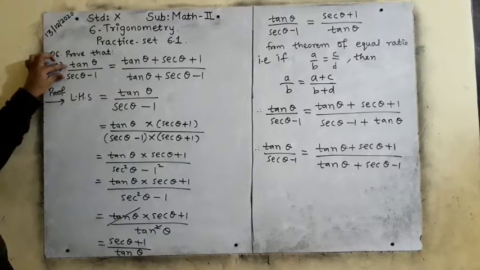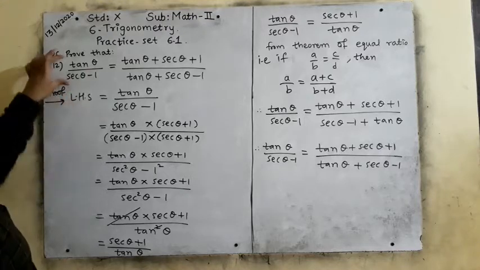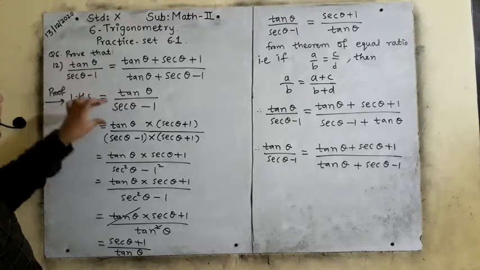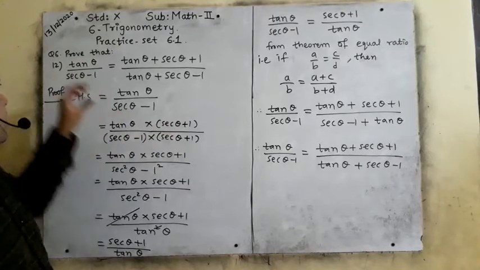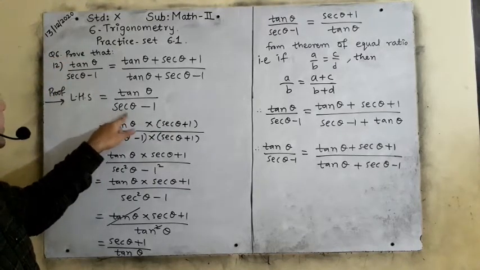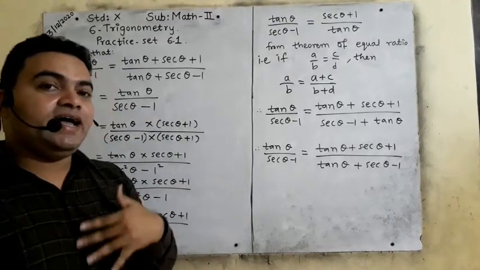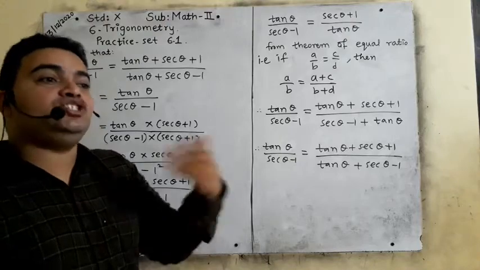This is the left hand side. So always we start our proof from the left hand side. So we will take this ratio tan theta upon sec theta minus 1. We have written this ratio, right? Now see, there is sec theta minus 1, there is no such value. So in this condition, what I have taught you, we will take its conjugate pair.